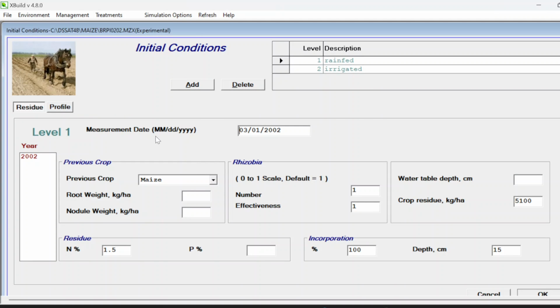So the measurement date starts in the month of March 01, 2002. It doesn't indicate the date of sowing, remember, it is only the measurement date. So in this case we have a previous crop here, maize already, and this is the crop residue that was